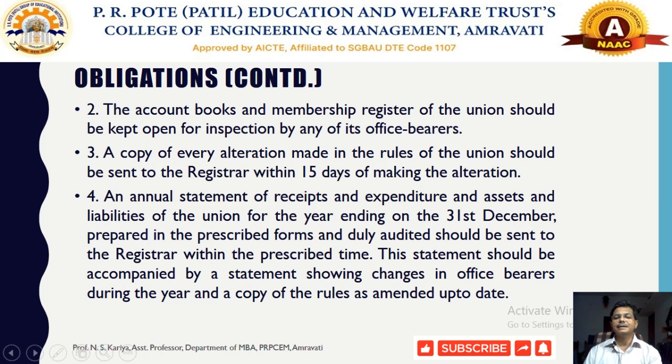So along with that, some form of statement related to the office bearers. If the office bearers have changed over a period of time, suppose the secretary has changed in the last 6 months, then the copy of the appointment of that particular office bearer, the secretary, needs to be attached, or whatever rules have been amended from that particular date. So it should be an up-to-date report that needs to be sent to the registrar of the trade union. So these are the minimum obligations that could be made available to the registered trade union.